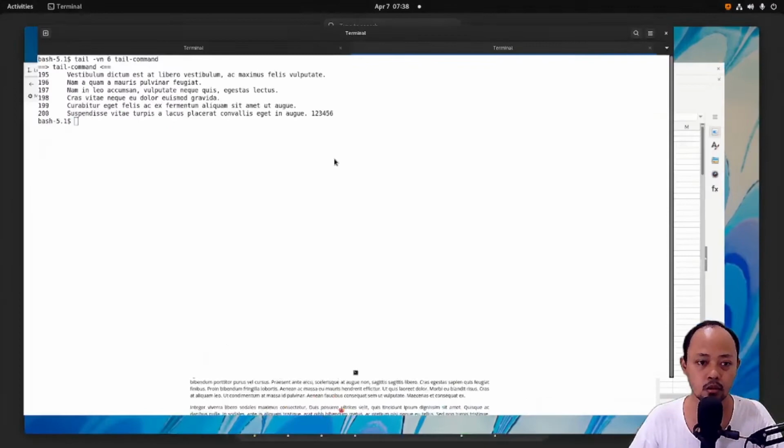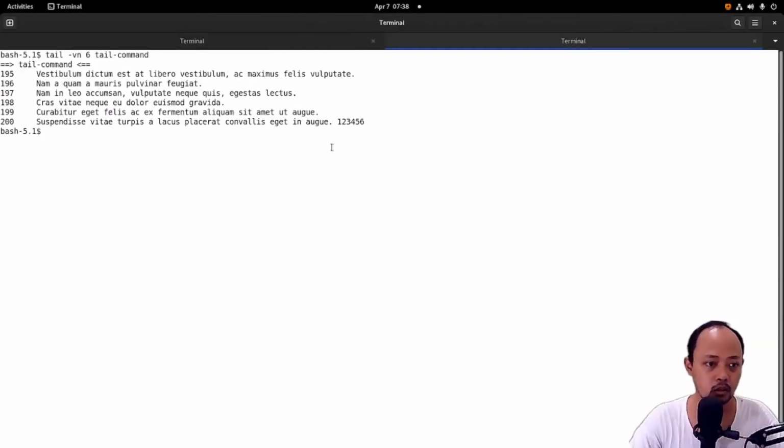So what will happen if I print two different files? -n 6.